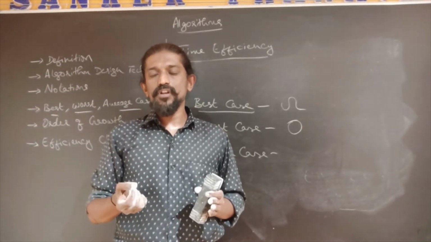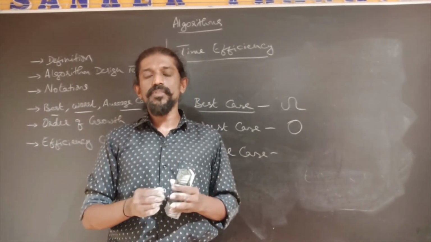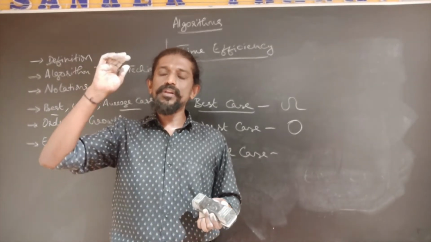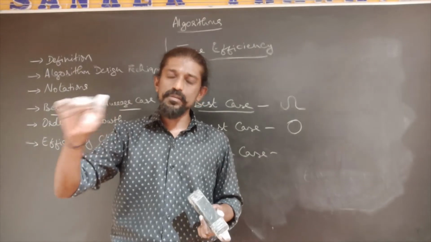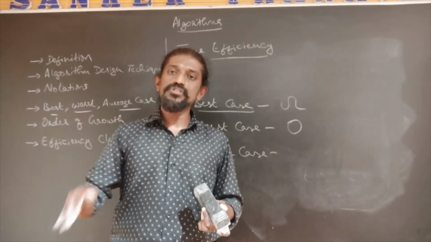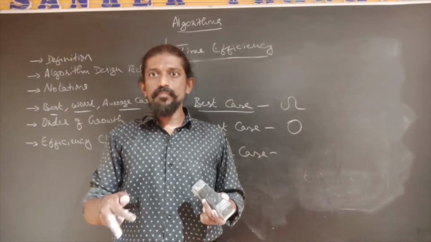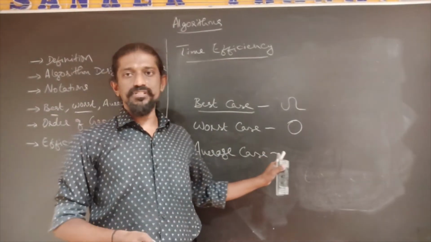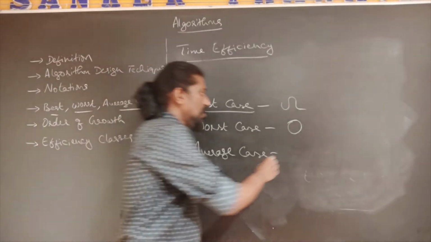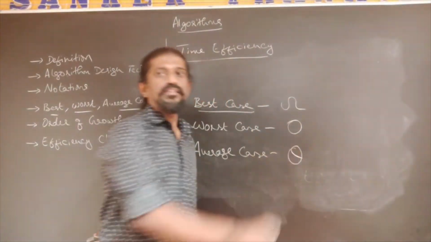Say, if we take linear search itself as the example, how many comparisons will be performed if the key is present in the first position, the second position, the third position, fourth position, nth position, or not found? All of them we have to add up and divide by n plus 1, and then we will get the average case. So this is analogous with the theta notation.